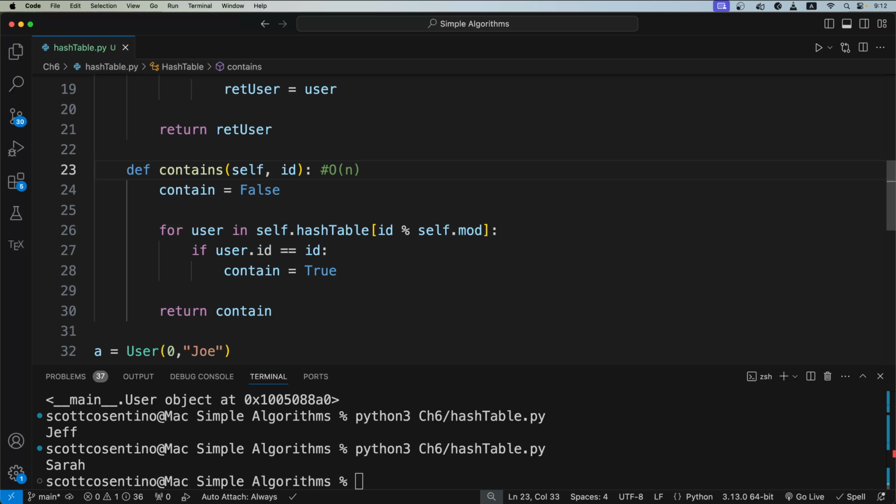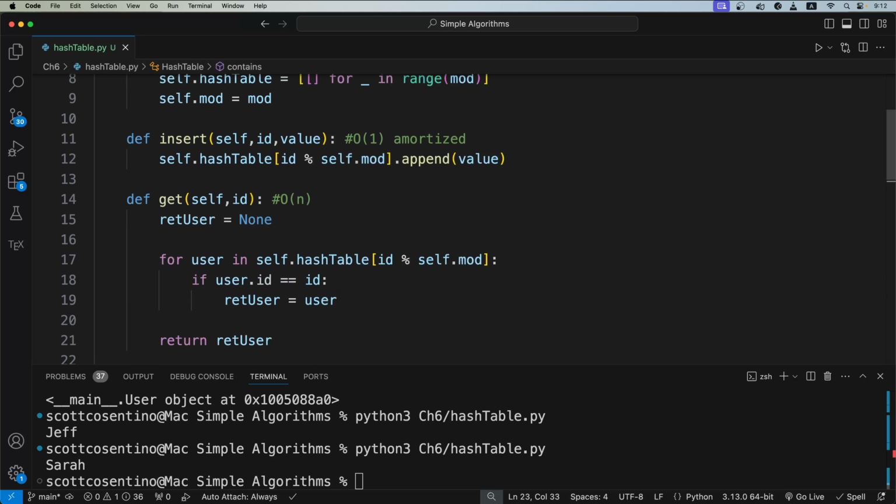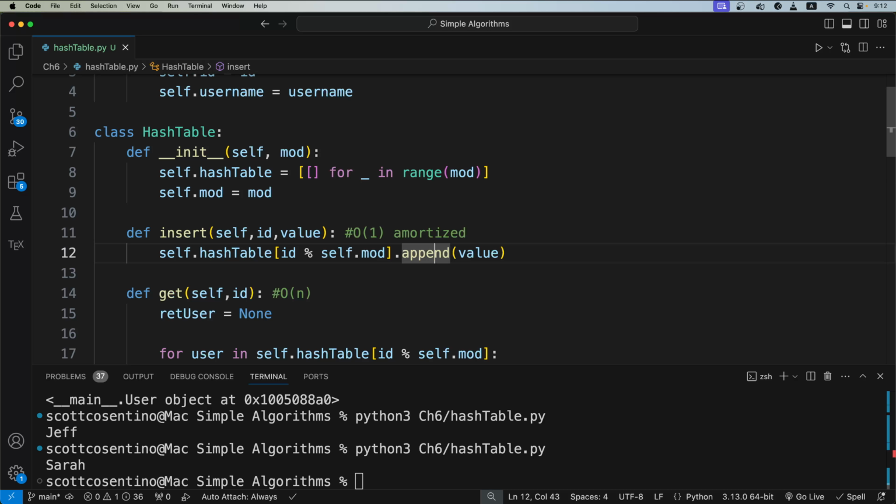So this approach does work pretty well, right? It gives us that ability to continue to have a pretty good lookup time, a pretty good check for contains. Our insert is still pretty good. The main downfall to this is that we are again having to rely on things like the append method, which have this amortized time complexity, and the built-in data structures require us to use a bit more memory to be able to store our data. So it would be really nice if we didn't have to use an extra data structure to resolve this collision